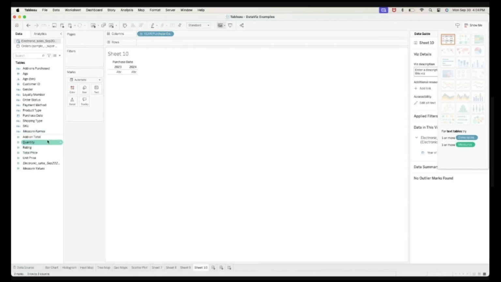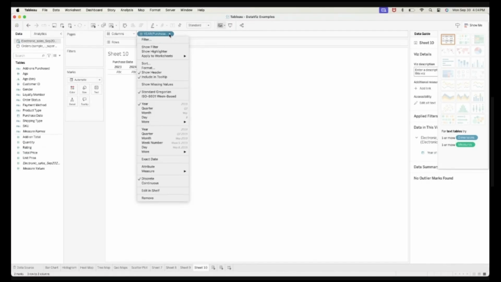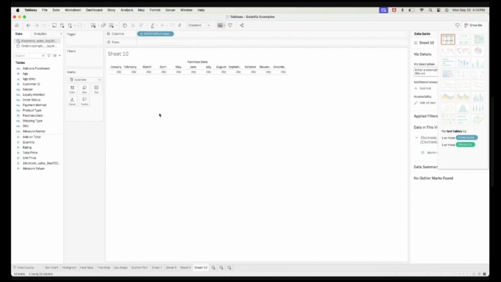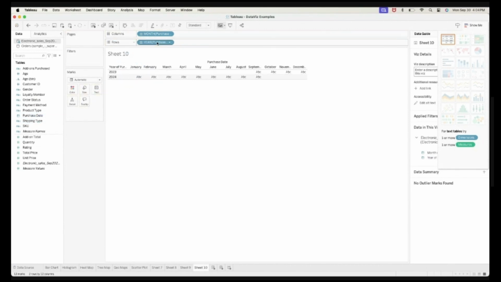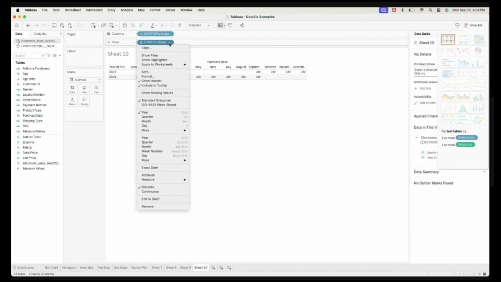You can drag or double click. Okay. In here, what I'm going to use is the month. So I will have month here. Okay, so I have January to December, right? And then another one, this will be the date. Okay, I'll change it to day.